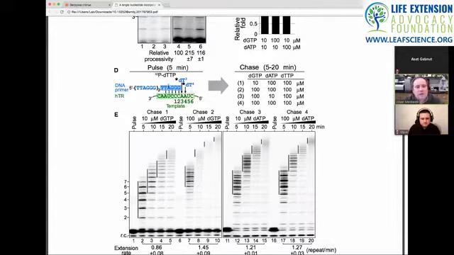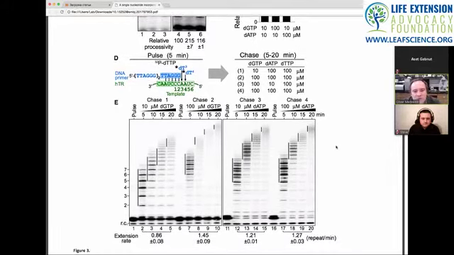So what they do is they add in radio-labeled nucleotides, in this case deoxy-T and T, and after they pulse it for 5 minutes, meaning you have 5 minutes of extension happening, you then chase it with a cold nucleotide, and these are 10 micromolar or 100 micromolar dGTP, and these are 5 minutes, 10 minutes, 15 minutes, 20 minutes, right? So if the enzyme is going faster, what you would expect to see is as you increase the